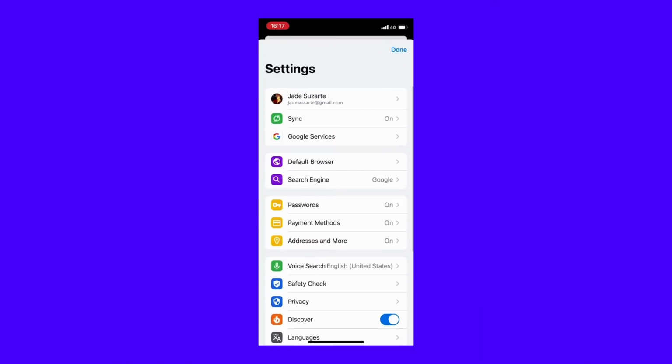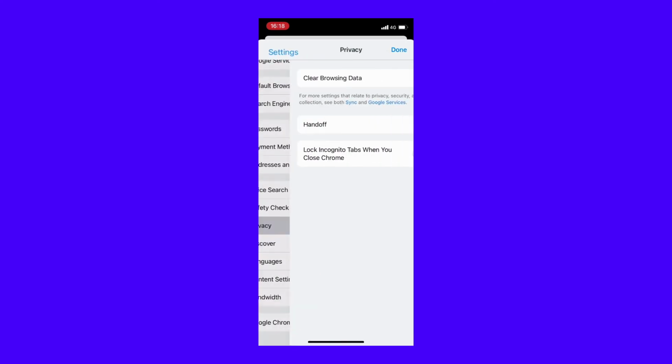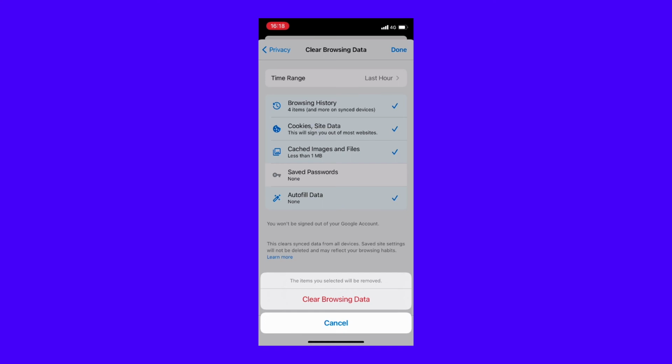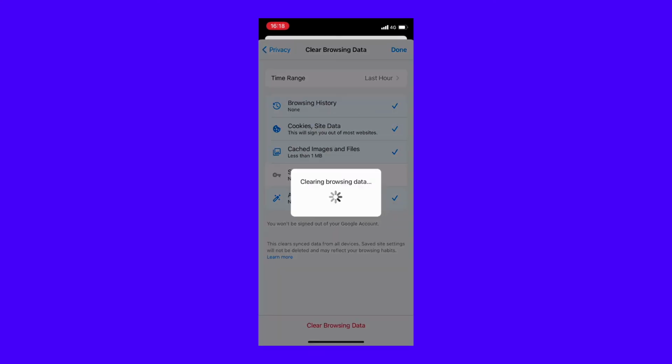To do so, first open the Chrome browser and access its Settings menu. Then go to Privacy and Security. Tap on Clear Browsing Data, then select your browser's cookies and site data and cached images and files options. Then tap on Clear Data. After clearing your Chrome website data, check if the SSL connection error persists. If it does, the chances are that it's a server-side configuration issue.